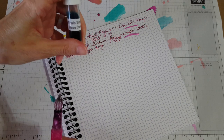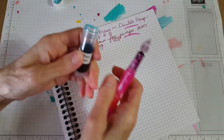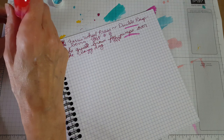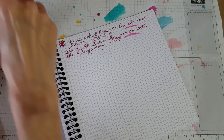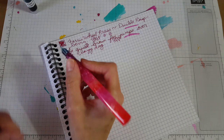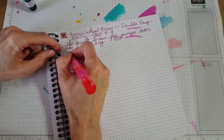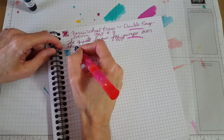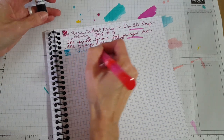Okay, next is Ferris Wheel Press 3 Steamboats. I have them in the regular vials now so that I can fit the glass nib in and fit any other pen in that I want to fill up. The little chargers are really nice just for the converters, but okay. My goodness, Coco. Okay. There we go. Okay, we know it's Ferris Wheel Press. We're just going to put 3